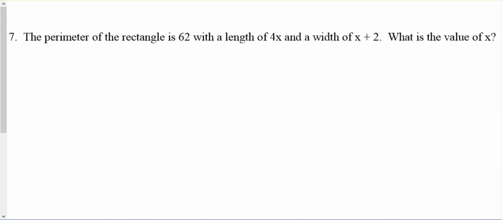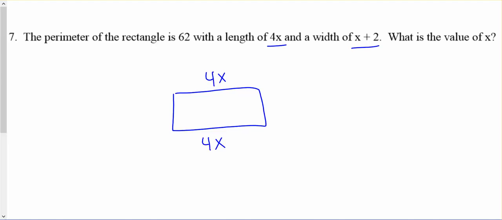The perimeter of a rectangle is 62 with a length of 4x and a width of x plus 2. What is the value of x? So we've got a side of 4x, a side of 4x, a side of x plus 2, and another side of x plus 2. And perimeter means to add them all up. So when we add all those up,